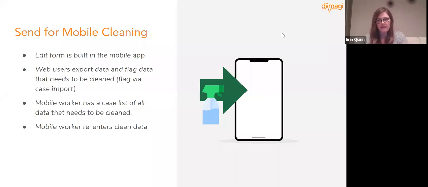A really classic example of this is in a registration form, we might ask your address, your phone number, your name, your date of birth, things like that. And we'll also add an edit form that asks all those same questions. The use case for this very commonly is if a mobile worker perhaps makes a typo when entering the name, or accidentally puts the wrong date of birth, they can immediately go into the edit form and fix that themselves. So that's typically how we use edit forms. But you can also use it in this way